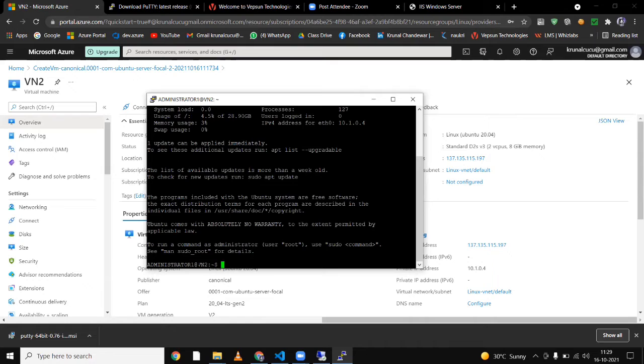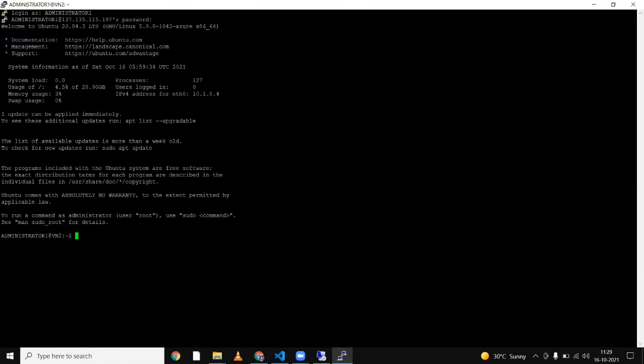Now I am logged in to this virtual machine. This virtual machine doesn't have a graphical user interface. That's why it looks like this, a command line, because you know that Windows is a graphical user interface, so you are clicking and are most familiar with that. But this is an Ubuntu virtual machine. My username is administrator1, and I logged in to my virtual machine. See here, @virtualmachine2. Okay.